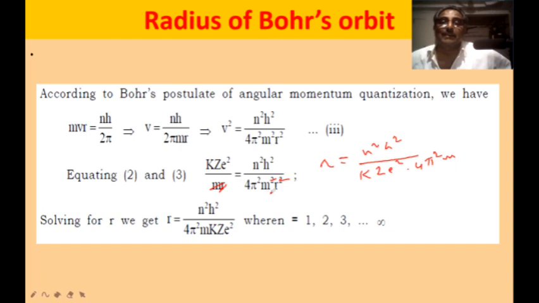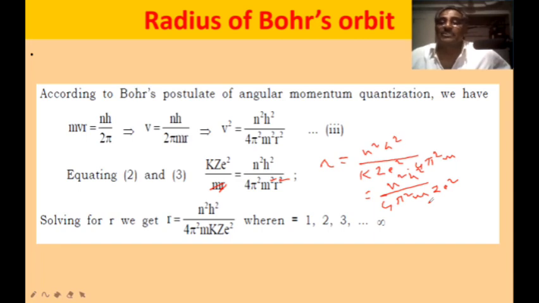After cancelling the mr on both sides, we get r is equal to n square h square by k z e square into 4 pi square m, or that is equal to n square h square by 4 pi square m z e square. So this is the equation for the value of r, that is the radius,